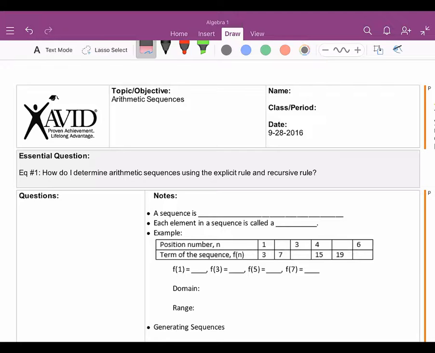Okay? Essential question: how do I determine arithmetic sequences? That's one of the words we're looking at, using the explicit rule and recursive rule. More importantly, the explicit rule and how we can write those explicit rules. All right. So first off,